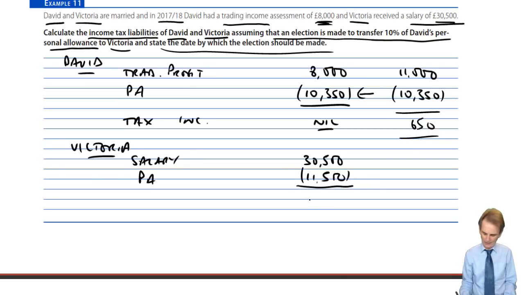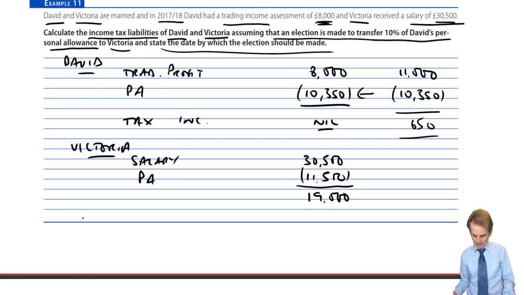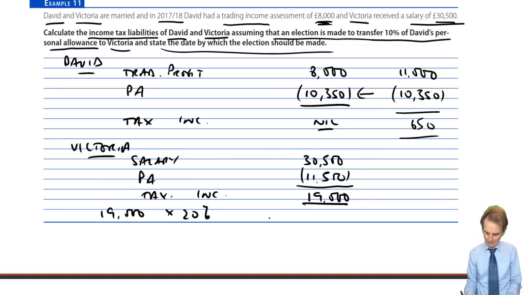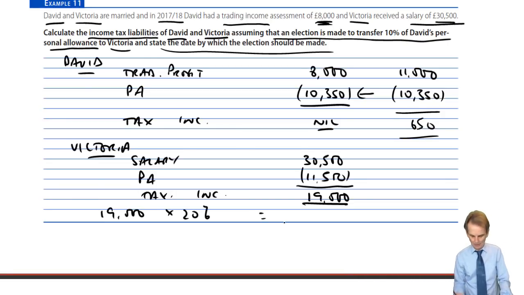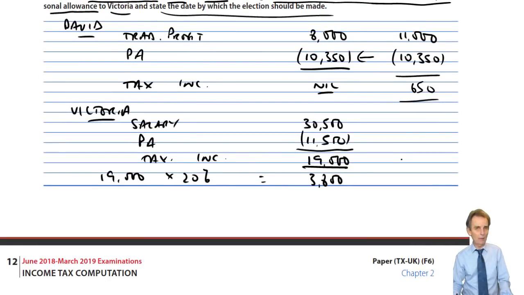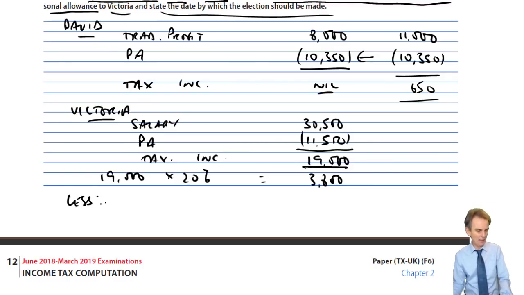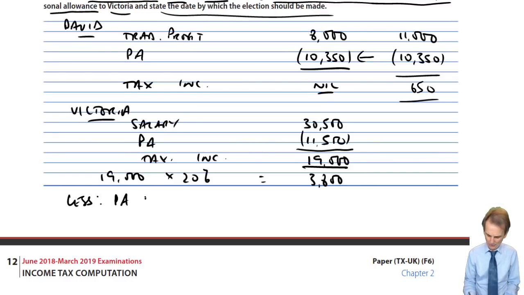So that will bring us down to, what, £19,000. We will then calculate the tax on that. It is, of course, non-savings income. And on that non-savings income of £19,000, sorry, there's your taxable income. That will all be at 20%. So 19,000 at 20% will be £3,800. That would have been Victoria's tax liability, but less now the tax credit that comes along, the personal allowance